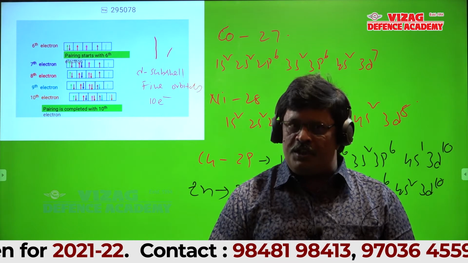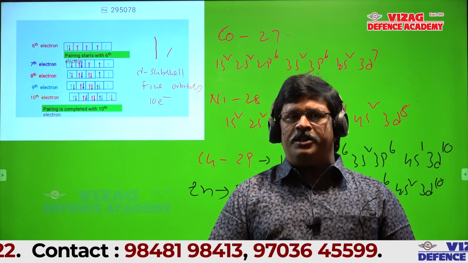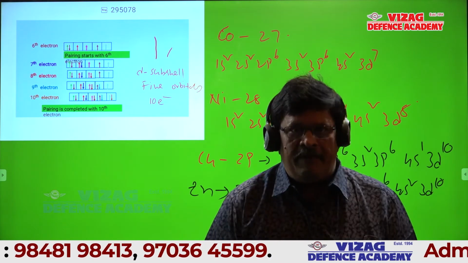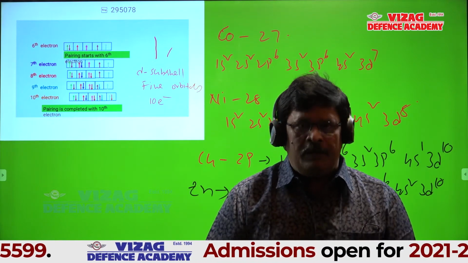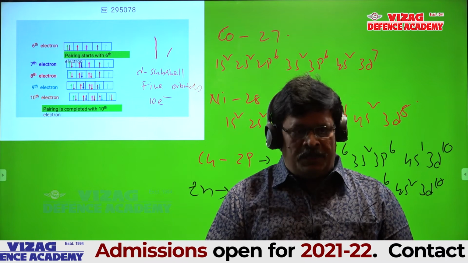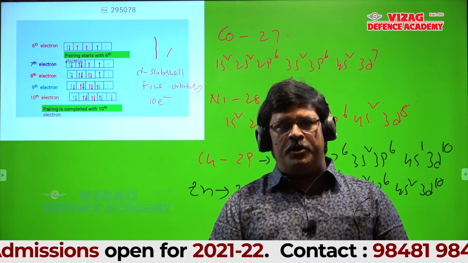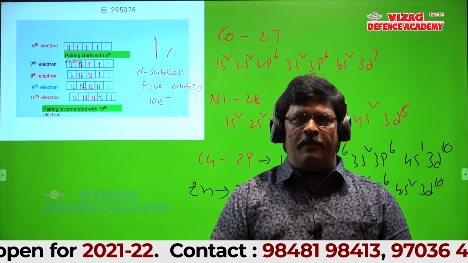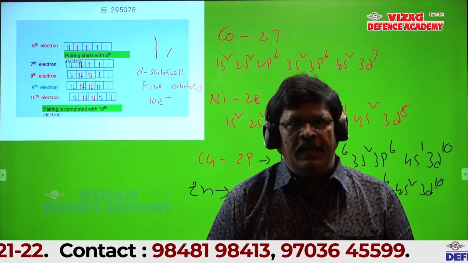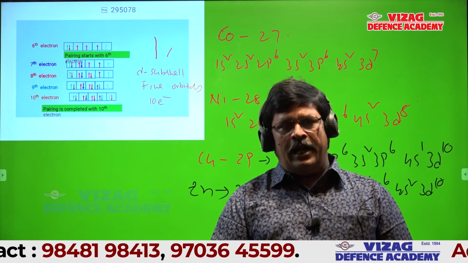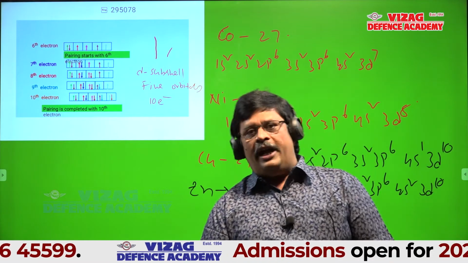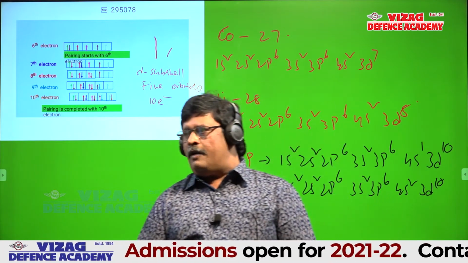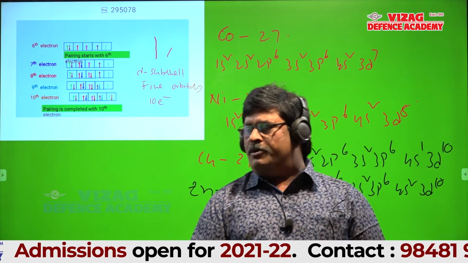Students, I will give 5 minutes time to you all. Today we discussed the 21 to 30 elements' configurations, that is from scandium to zinc. You just go through the configurations we discussed. If any doubt is there, you can clarify your doubt. After that, I will continue the lesson. You take 5 minutes and go through the configurations of scandium to zinc.